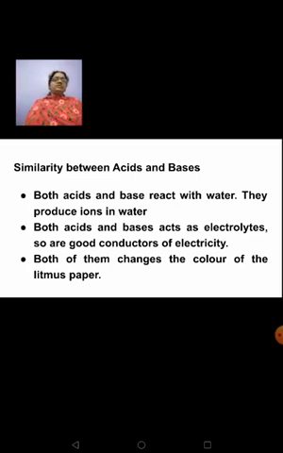With this I'm coming to the end of this revision session. I have completed acids and bases and the pH scale. In the next class we will learn about the importance of pH in our everyday life. We will revise, and then we'll be learning about the different salts. After that I'll continue with the important questions which came in previous years' papers and pertain to the exam. What are the questions that you can expect? Those things we'll discuss in the next session.